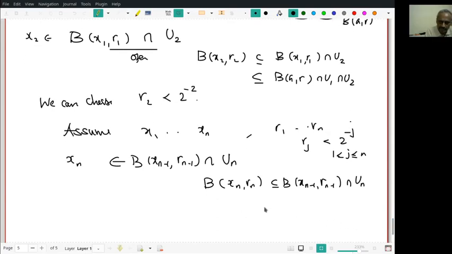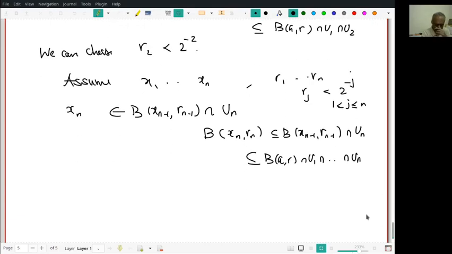Now by induction we had already seen this is contained in V intersection with U1 intersection U2 intersection Un, like this. The next step will be B(x3, R3), which is contained in B(x2, R2) intersection U3, but that in turn is contained in V intersection U1 intersection U2 intersection U3. Are you following? Please pay attention, learn that. Is it okay? Now you have got everything, right?